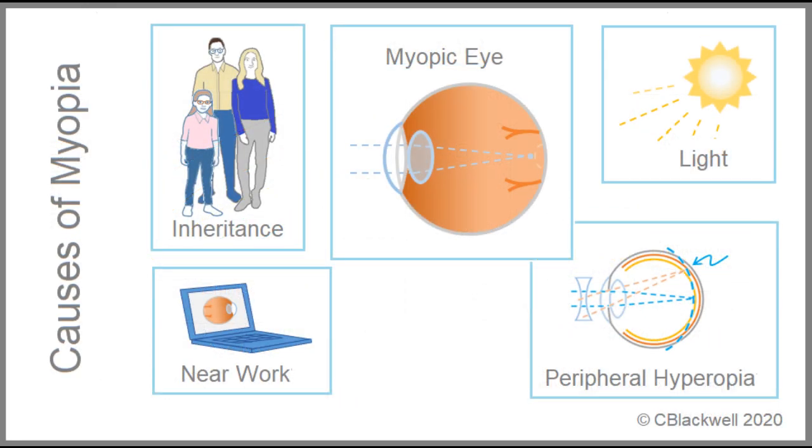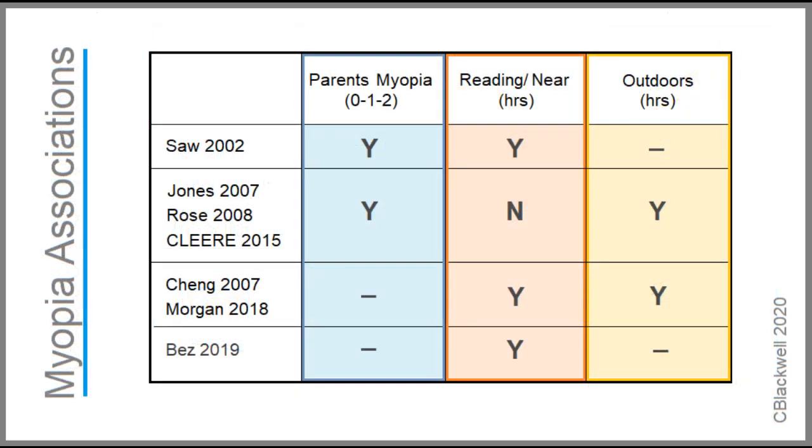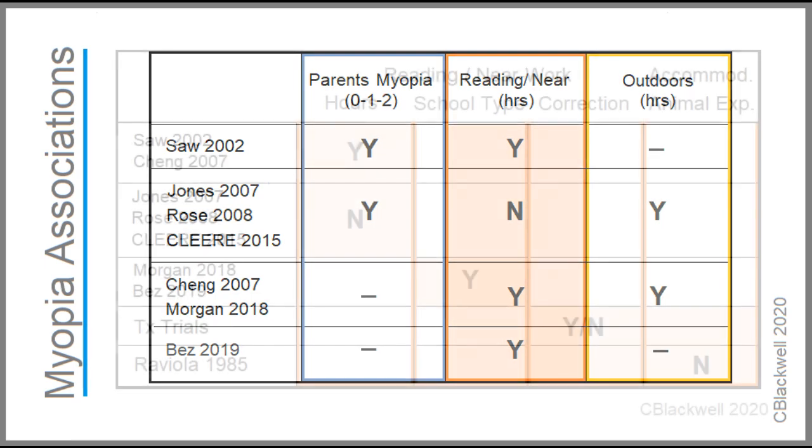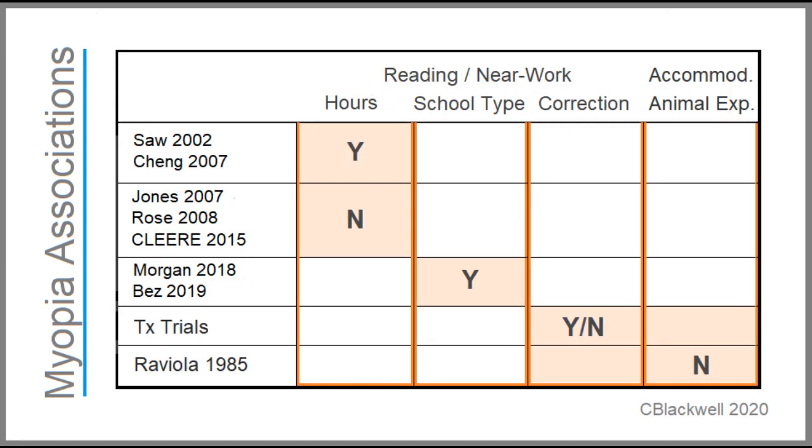We started this section by asking, what are the causes of myopia? We looked at studies that tried to identify genetic versus environmental contributions. To summarize our results, we can assemble a scorecard. There is general agreement about the association with number of myopic parents and outdoor time. However, the role of near work does not come to such a neat conclusion. Recall the expert point-counterpoint argument. We can expand the reading and near work section by looking at other avenues of evidence.